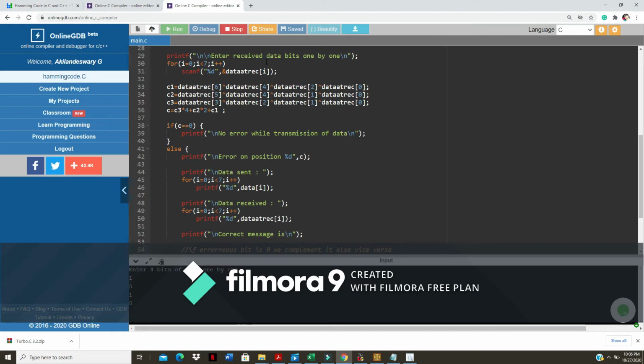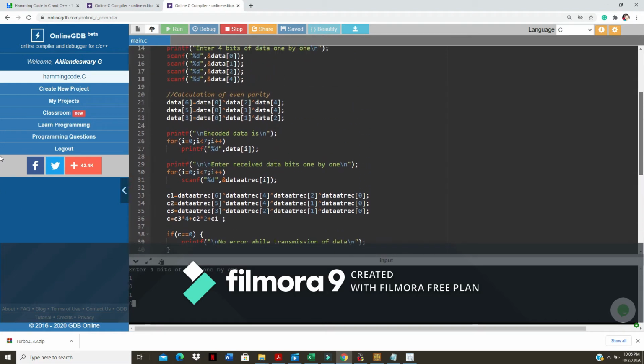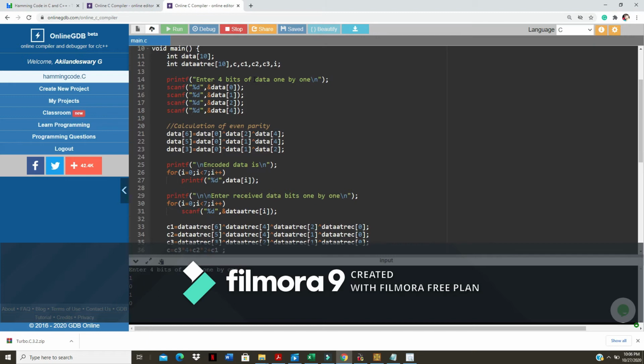So slash n, enter the received data bits, and also for the input, enter the 4 bits of data one by one, we are using a slash n. So we have to enter one after another like this, not in this series 1010. Otherwise it will take 1010 as your first input, that is your first bit. So please enter one after another.